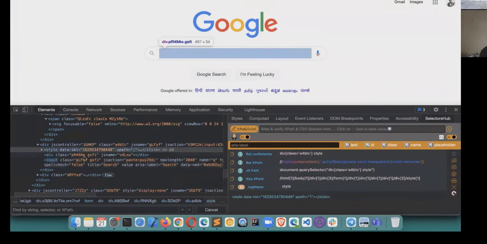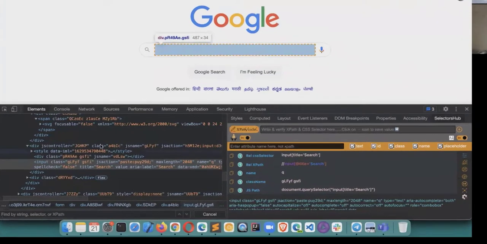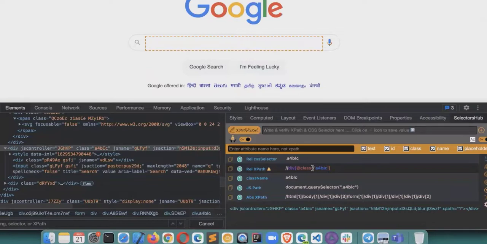If the XPath is generated with a class, something like a dynamic id or class, then it will let you know that this is a dynamic XPath. The class looks dynamic, so you can uncheck the class and generate the stable XPath as well. So that also is there.